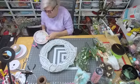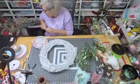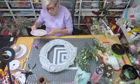This thing is bugging me right here, so I'm gonna just cut that puppy off. Do y'all make a lot of grapevines, or do you do mesh, or